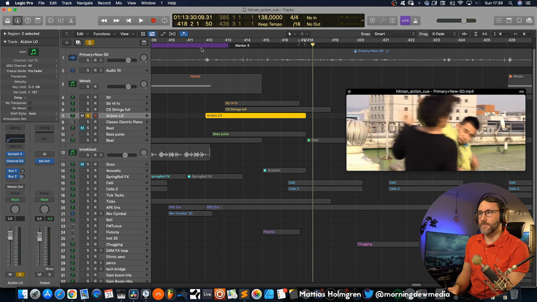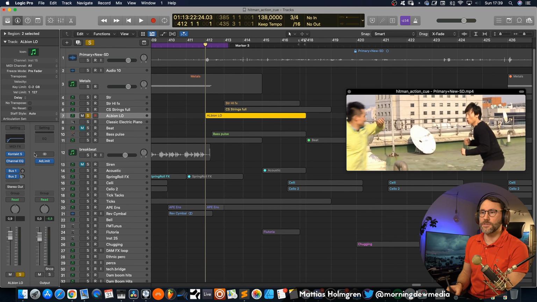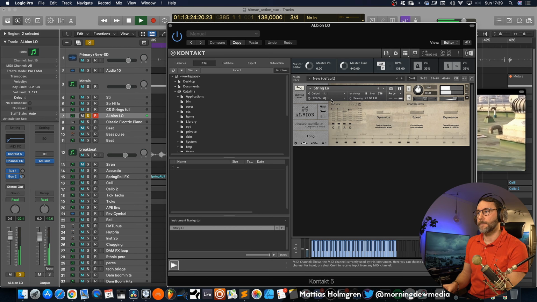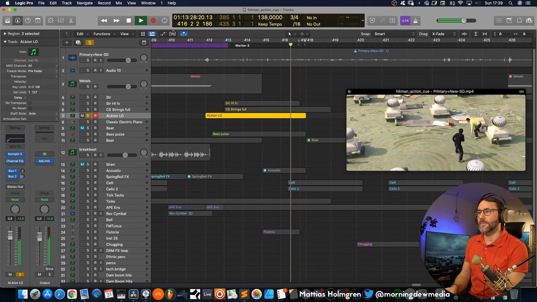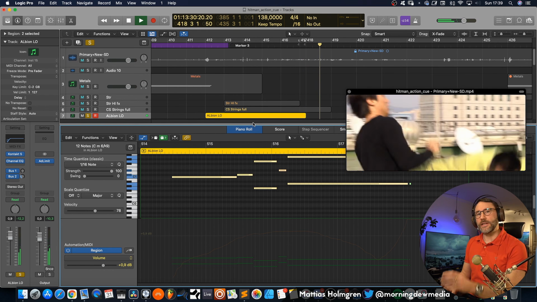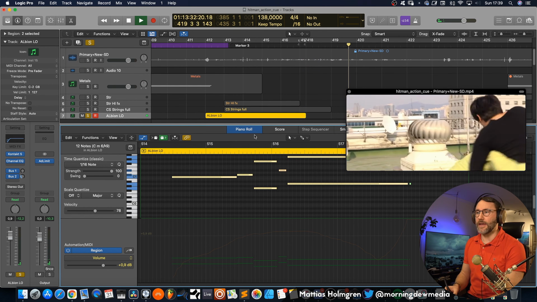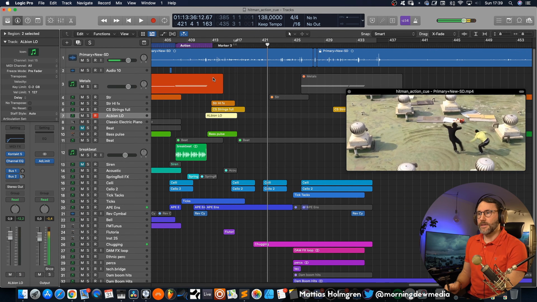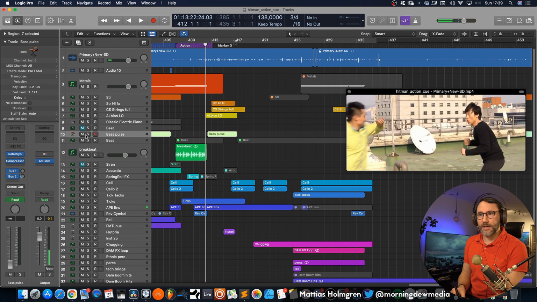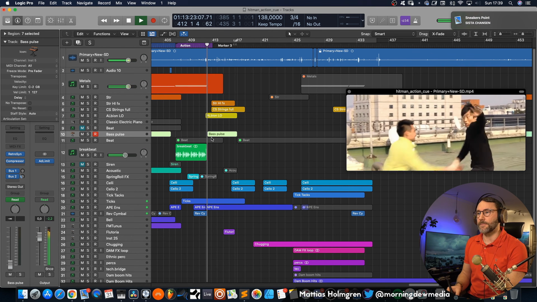And we also have some Albion strings doubling up here, the low strings. There are some really, really lovely low strings in the Albion package. And we also have a pulse sound there, the bass pulse from the retro synth again.